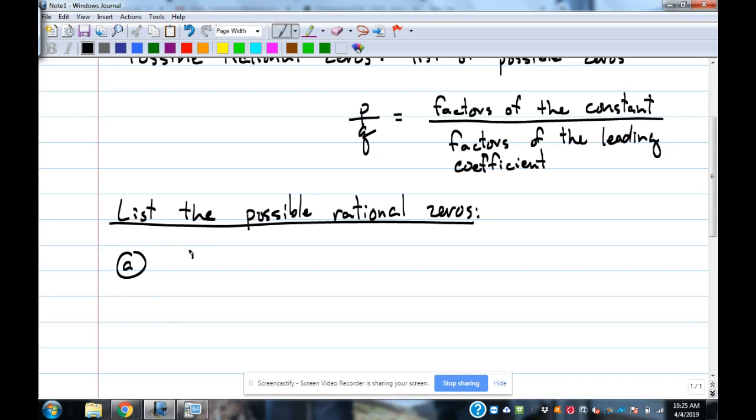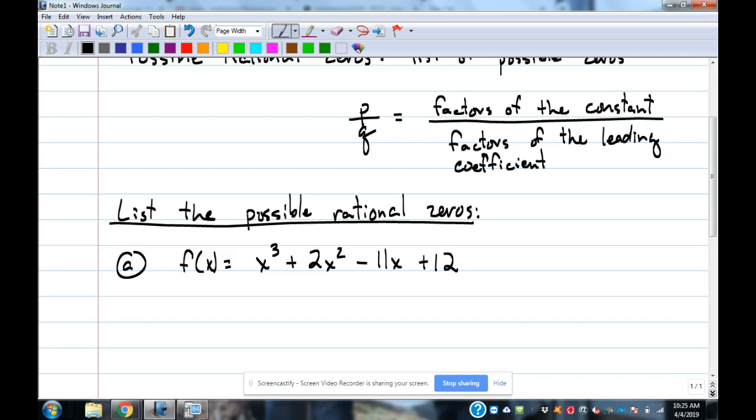So let's take this polynomial. F of x equals x to the third plus 2x squared minus 11x plus 12. Okay. So we're going to look at the same things that we looked at yesterday and the day before. First thing we're going to make sure of is that it's in descending order, and then we would look for a GCF if there happened to be one, because that's going to make our list easier to make. And if there's an x in common with everybody, we wouldn't even have a constant value, so we would need to factor that out. So you're always going to look for that GCF. If it's x, you're going to factor it out first,